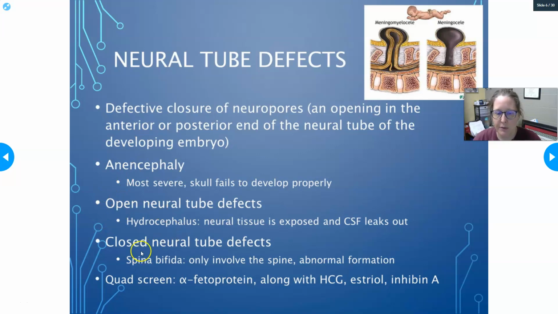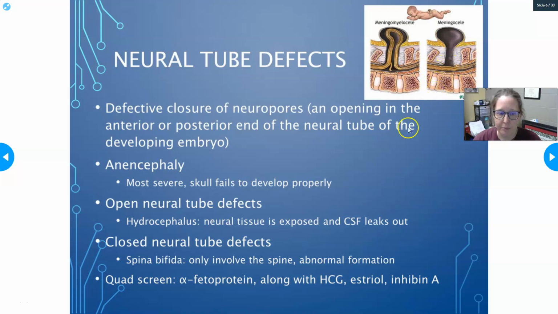And then closed neural tube defects, spina bifida is a good example. Spina bifida only involves the spine. There's an abnormal formation, but the spinal fluid is not leaking out of the body. So for example, here are a couple of those. You have the meningocele, the abnormal protrusion, this abnormal closure. The spinal cord is actually protruding through this abnormal opening, but this is closed so it won't leak. And a meningocele just contains basically membranes and spinal fluid, but the spinal cord is actually still in